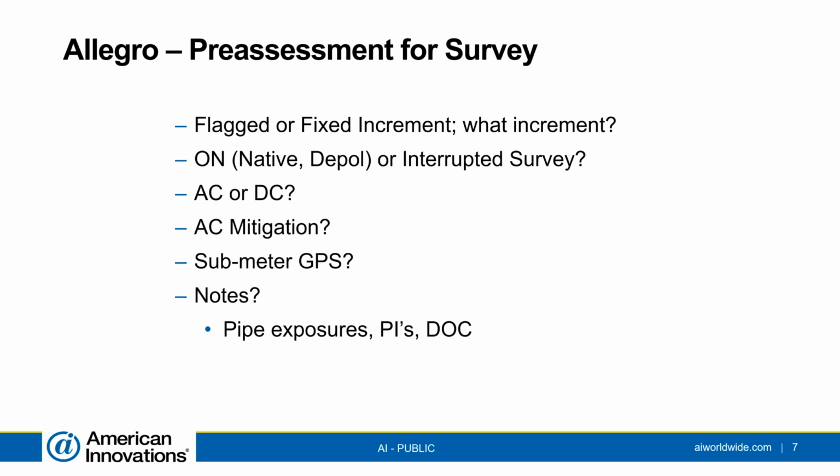Or is this going to be an interrupted survey? Are we doing an AC or a DC CI survey? The Allegro will do either one. Is there any AC mitigation on this line? This is pretty important. AC mitigation on a line will really affect interrupted CP surveys. It really causes a lot of curve if you're looking at your waveform, and can be very, very tough to